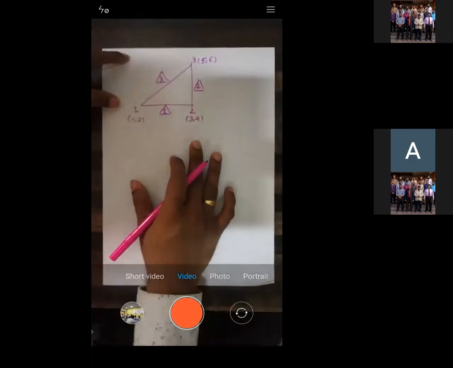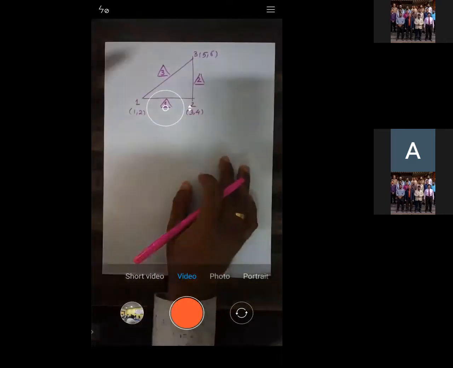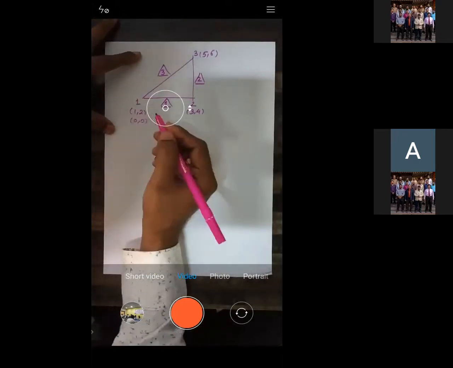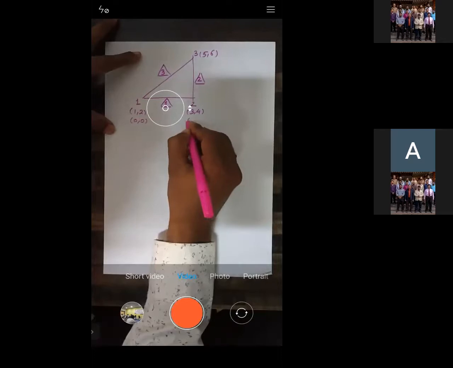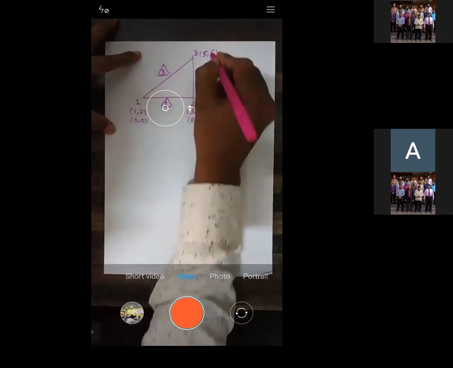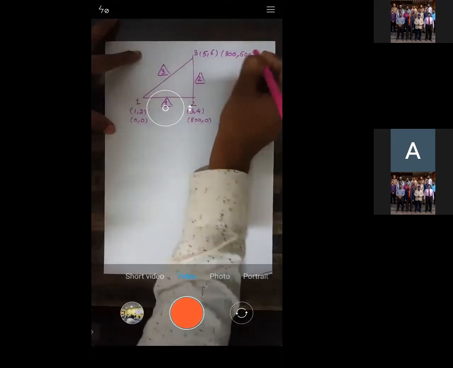See, this is the way in which we have solved the problem. Right? The previous problem we solved like this. For node 1, we have taken a reference point of 0, 0. For node 2, we have taken the distance as 800, 0. For node 3, we have taken 800, 600. So this is the way in which we have done it.